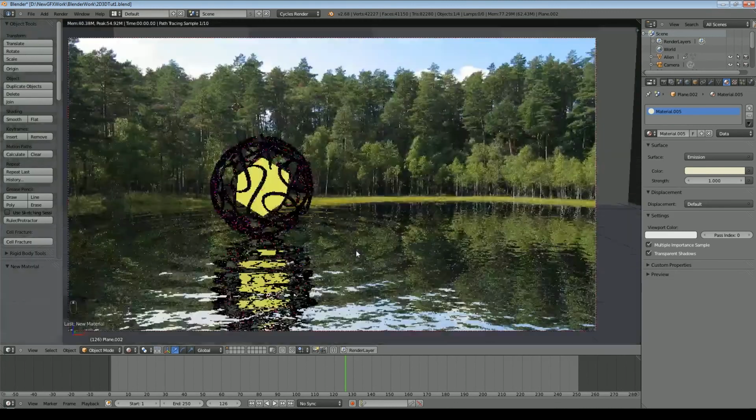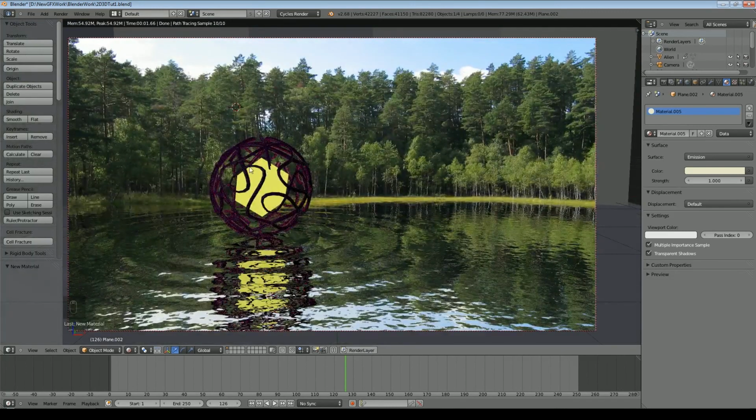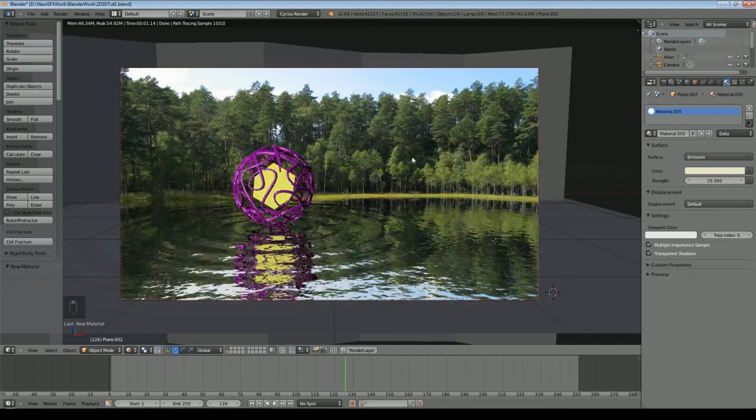So you can see there's a bit of light shining on the inside of this thing from the object in the middle, but really we're not getting a lot from the sun that we've got. So we'll now put this up to 25 and we start to get it. And if you want to change the way the shadows work, you change the scale of the object, but bear in mind you'll have to change the strength as well. A larger light source will give you softer, more blurred shadows. A small one will give you very sharp shadows.